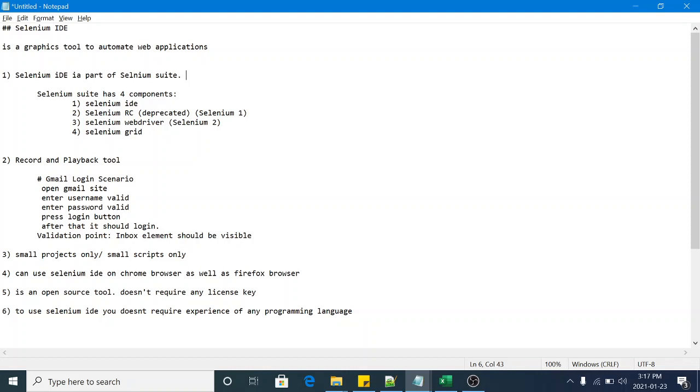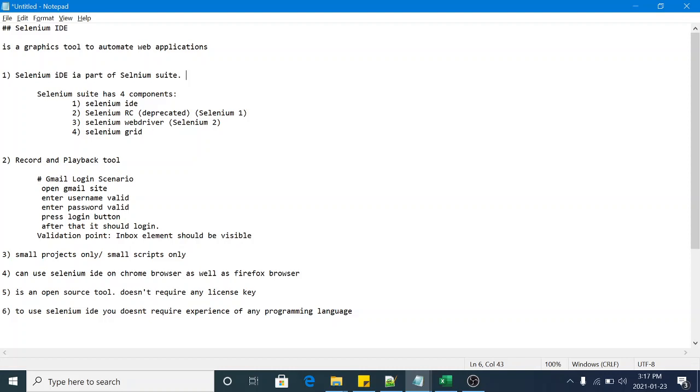Okay, and fourth component is Selenium Grid. If you want to achieve parallel automation, let's suppose you have 500 test cases related to some web application and you want to run those 500 test cases parallelly on Chrome browser and Firefox browser. Okay, in that case, Selenium Grid is the right tool.